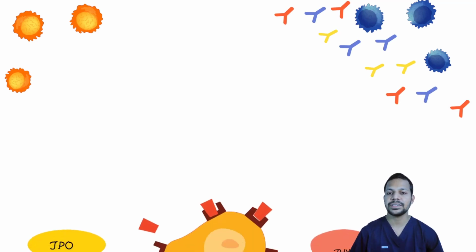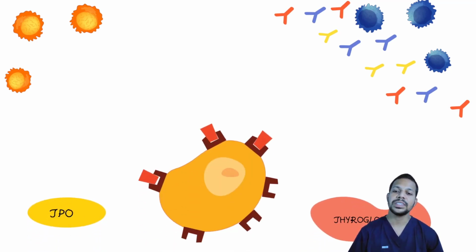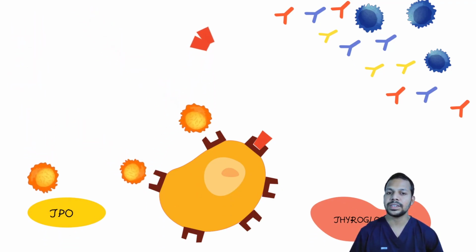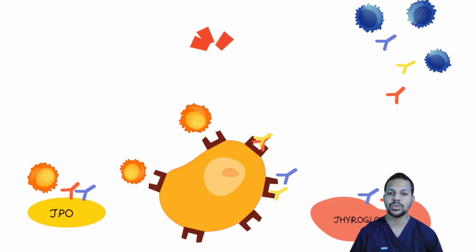Let's look at the pathogenesis of Hashimoto's thyroiditis. Here come the T cells as well as the B cells, and the B cells are producing the antibodies. The T cells and the B cells will have three target antigens here: thyroid peroxidase, the TSH receptor, and thyroglobulin. The T cells bind the target antigens and the antibodies also bind the target antigens. These antibodies will block the TSH receptor so that the TSH cannot bind the TSH receptor. They are called TSH receptor blocking antibodies.